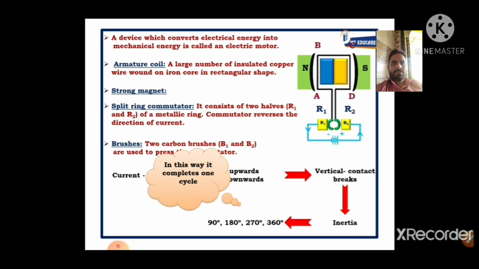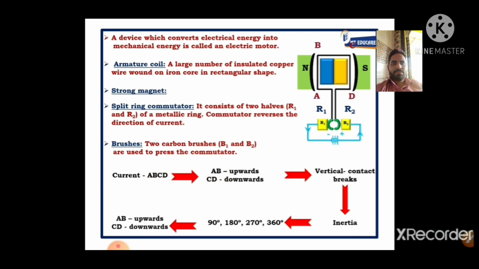It will start with the 90 degree, then 180 degree, 270 degree and 360 degree, and this whole coil will rotate and it will again connect to the circuit. Again it will connect to the brush, and this time AB will be in the upward position, experience the upward force, and CD will be downward. Okay, AB and